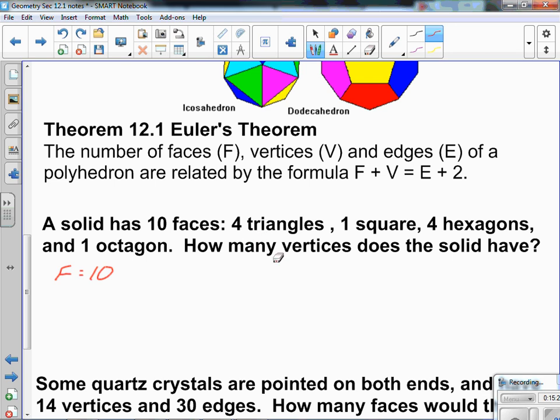And so, for the E, that's going to be the number of edges. Since they didn't tell us how many edges, we take the number of sides and divide by 2, because that's where one side from one polygon is going to come together with a side of another polygon. So 2 sides will make 1 edge. And so to figure out the total number of sides,